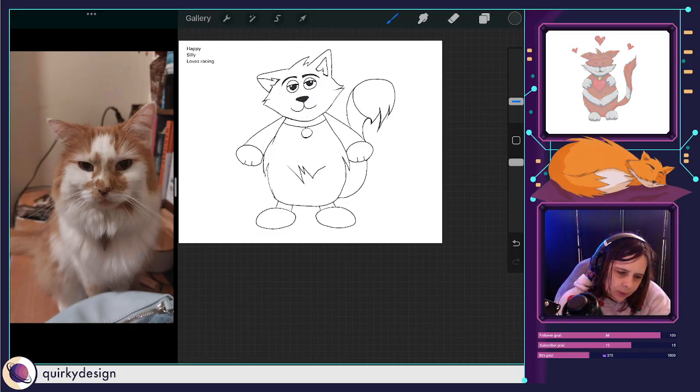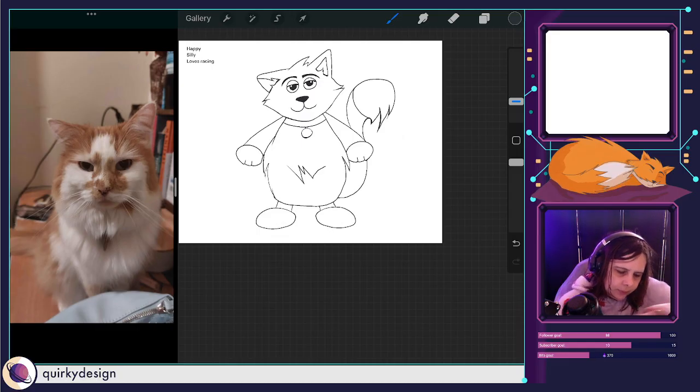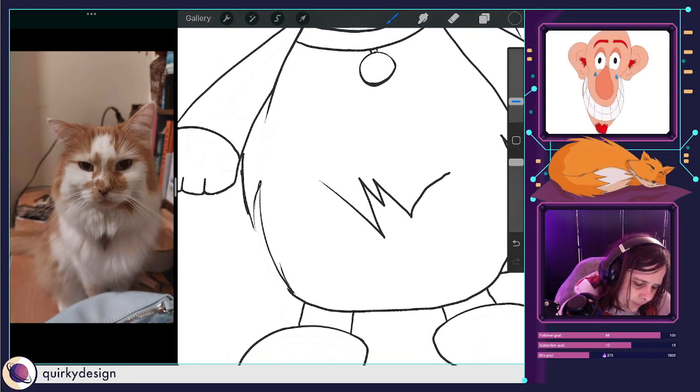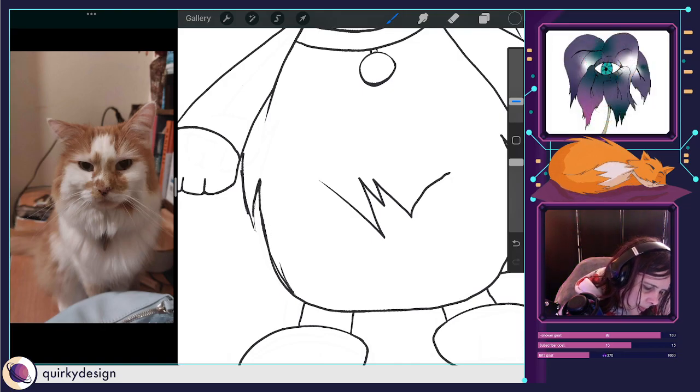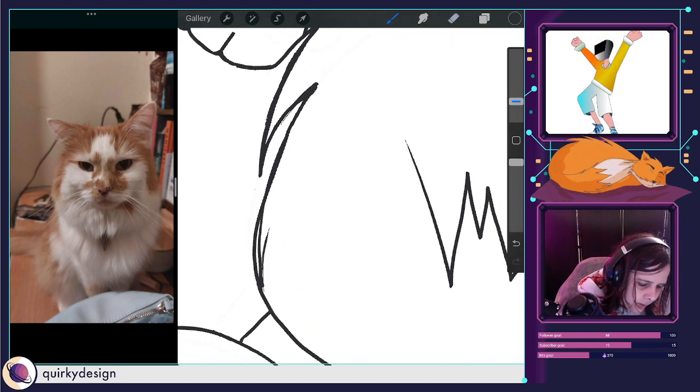I think that's helped because it evens it out a little bit more. Yeah, I think I'll stick with that. I need to knock this area as well.